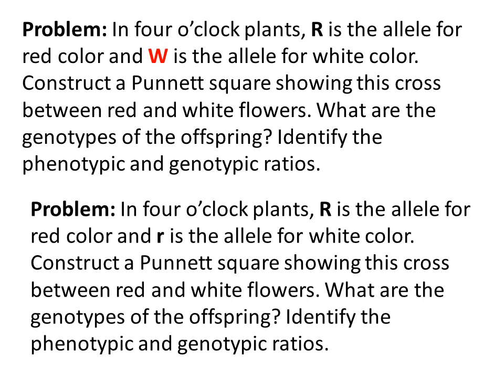In complete dominance, there is still a dominant allele. So there is a capital letter and there should be a small letter. But when they blend, when they combine, the dominant is not 100% shown. Instead, it's only partial. Kaya nga incomplete ang tawag dyan. Therefore, we can actually change it like this: in 4 o'clock plants, big R is the allele for red color and small r is the allele for white color.